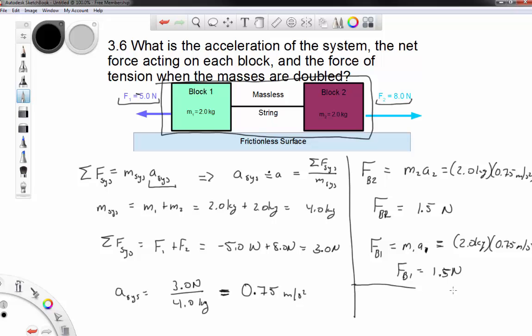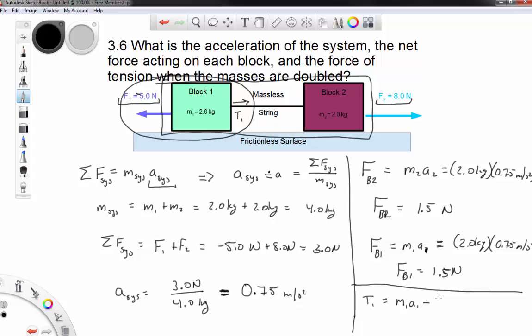Finally, the question is how much tension is there? So notice that this net force is the same as before, which makes sense because the two forces are the same as before. So what about tension? Well, we can use basically that tension 1, now we're using only the isolated system of block number 1. So tension number 1 should be equal to the mass times the acceleration of block 1, m1, a1,